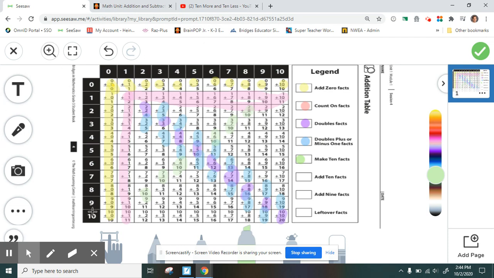So I'm going to actually save this one, and then you can just go on this one. Except today, now, your job is to fill in the rest. So the ones that I want you to do are the adding 10 facts. Now, if you remember last week,